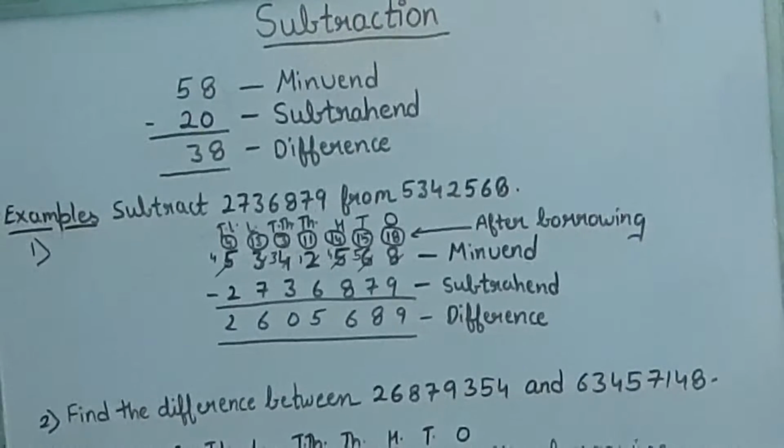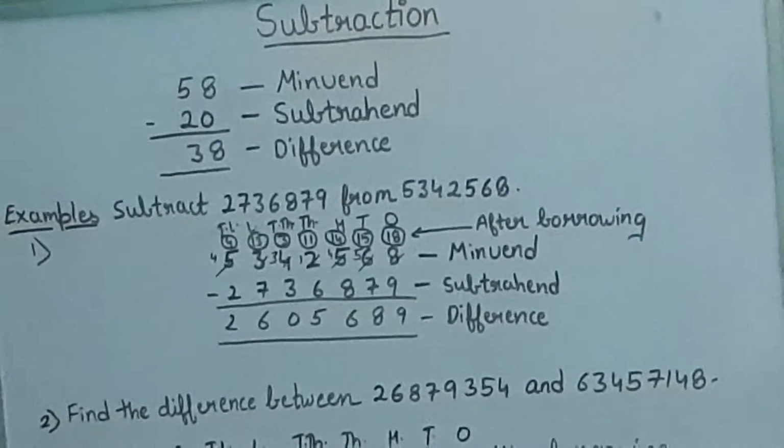Okay. Now let's take a few examples. Example number 1: subtract 2736,879 from 5342,568. From the second number means 5342,568. This is the bigger number. So from this bigger number we have to subtract the smaller number, that is